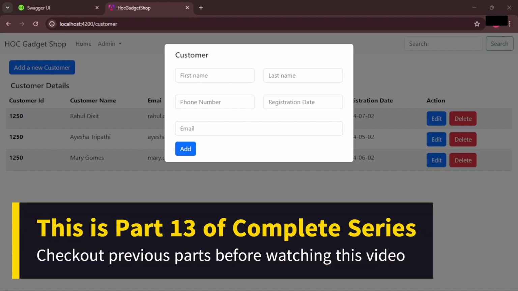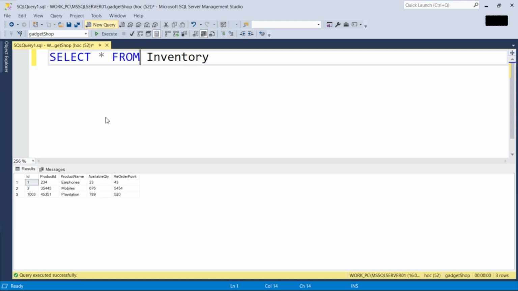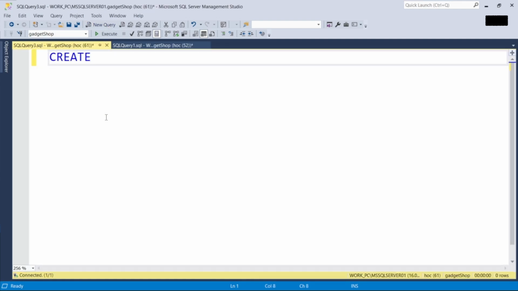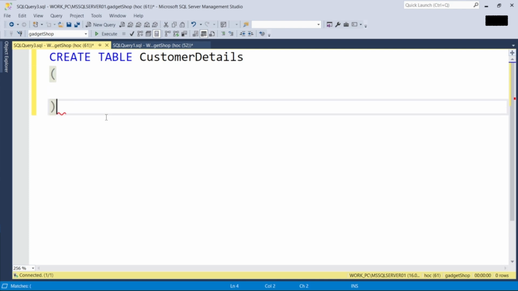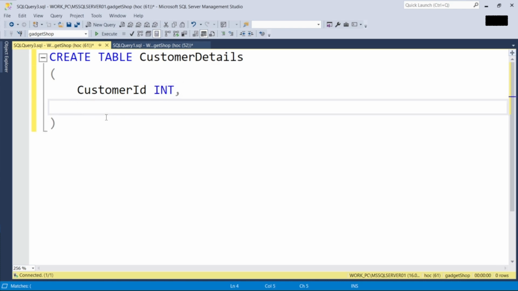So let's just go to the database, and over here we'll try to create a new table for customer, and I can give it the name customer details. Okay. Now after this, the columns that we have on our HTML, one would be customer ID, then first name,